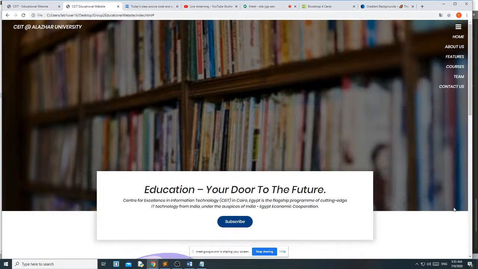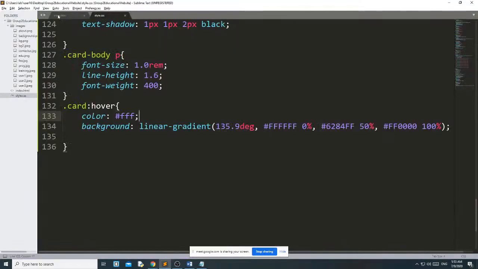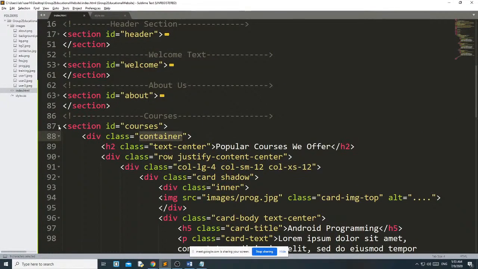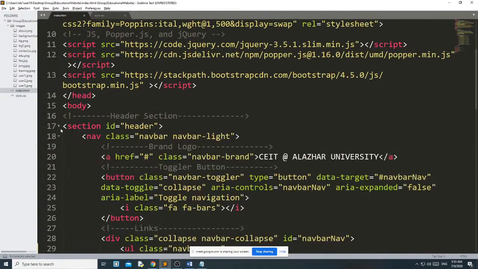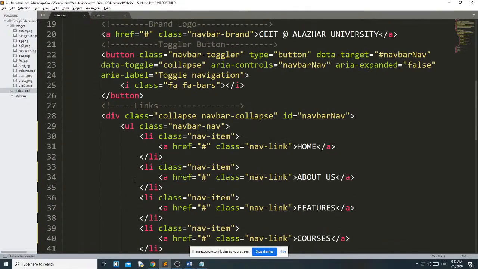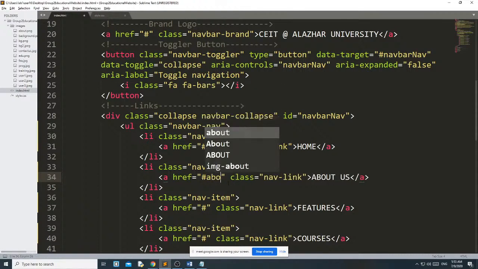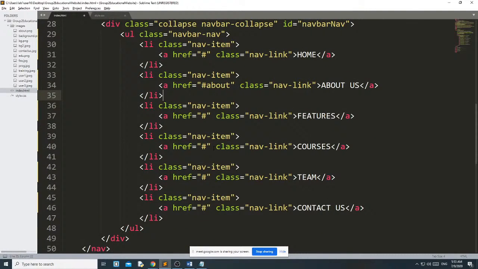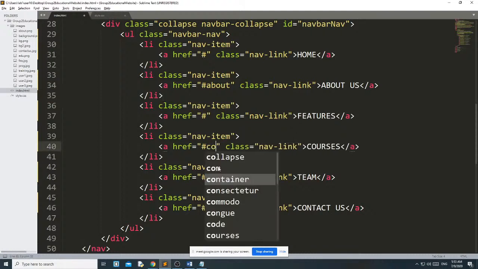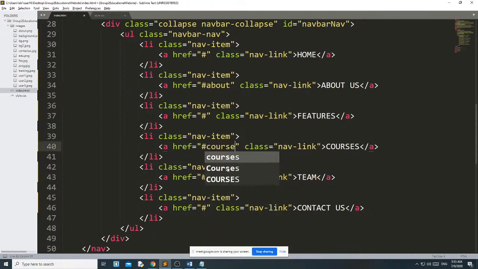How can I do that? Here, like in the first section, this part, here you have to write about, and here in place of course you need to write courses.